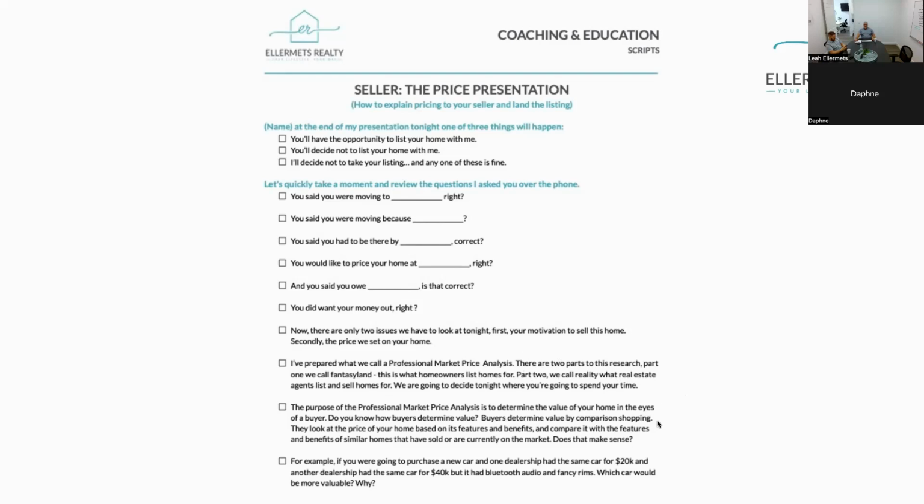of the buyer. Do you know how buyers determine value? Buyers determine value by comparison shopping. This is where you're going to have the comps laid out on the table, the printout sheets of them, in large print,